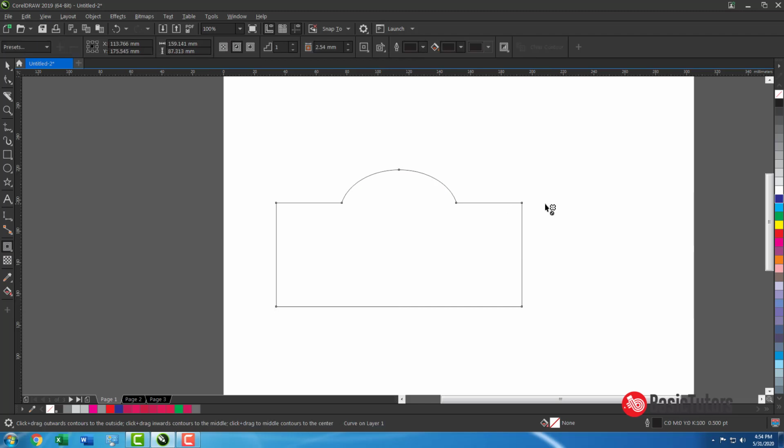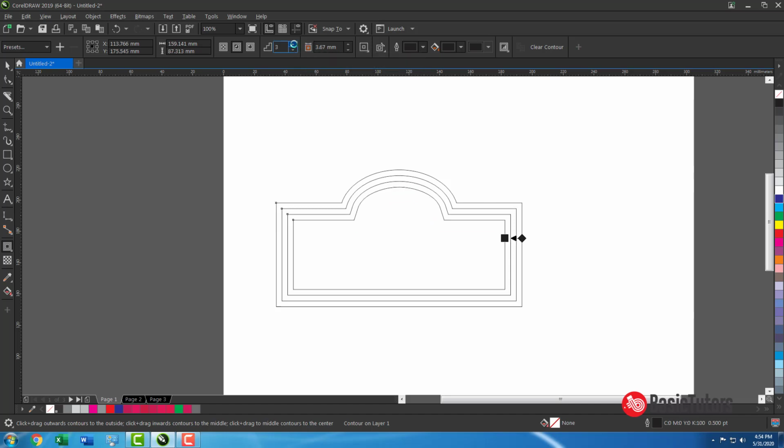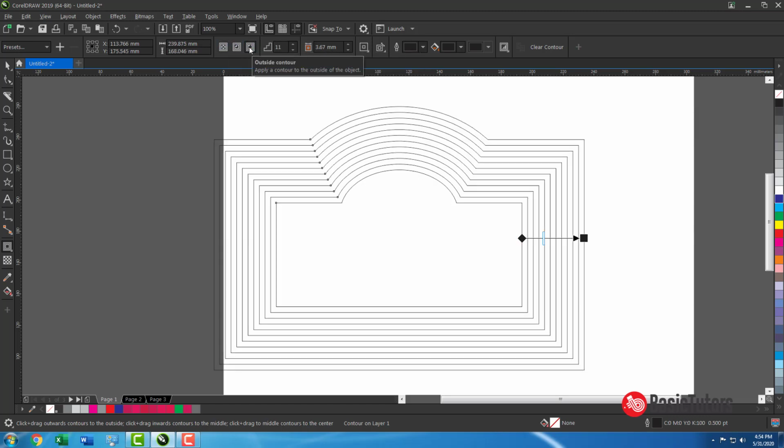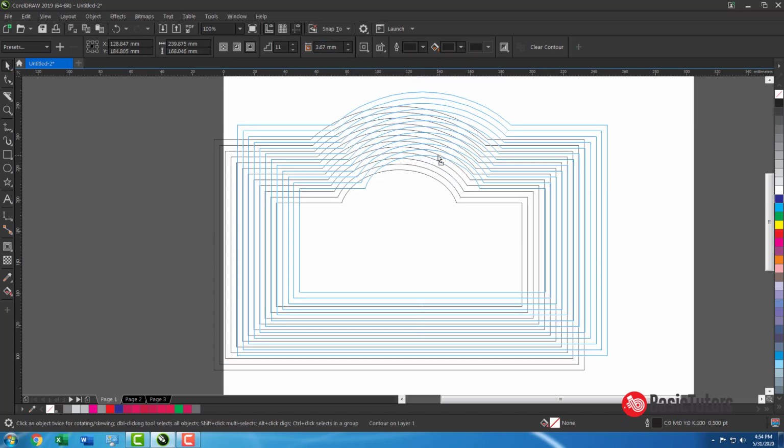See, contouring objects in steps. This is the way it works. Then these directions, like inside contour or outside contour, you need to select from here. And then there is the offset value. This is about contour.